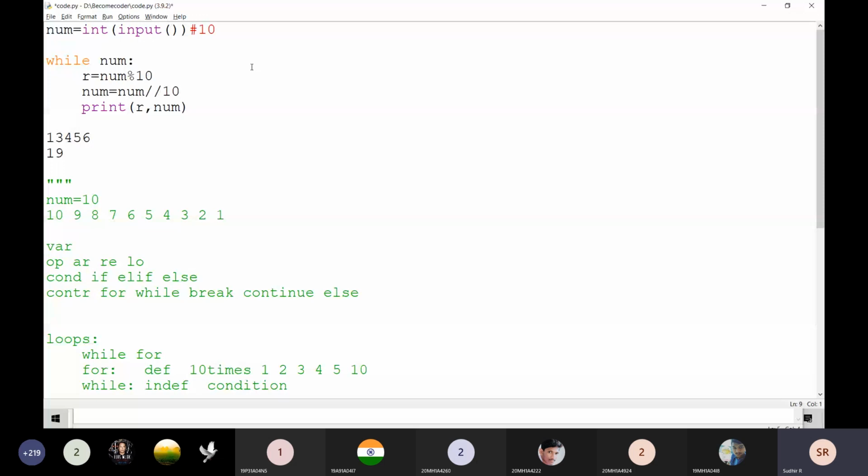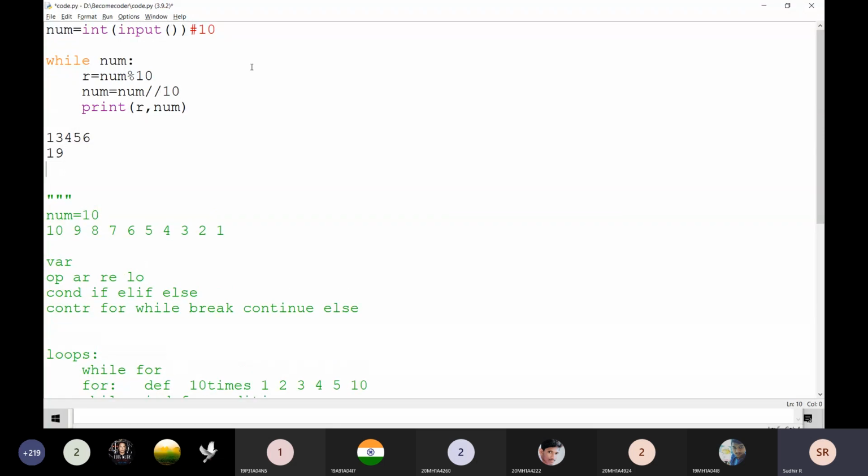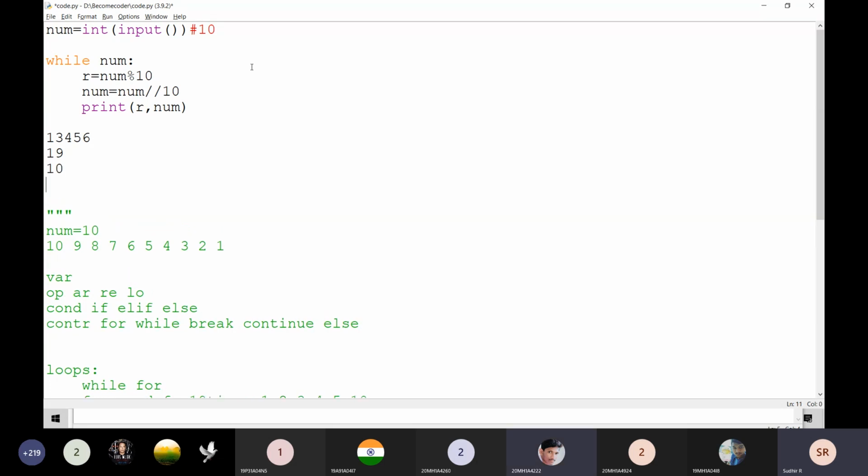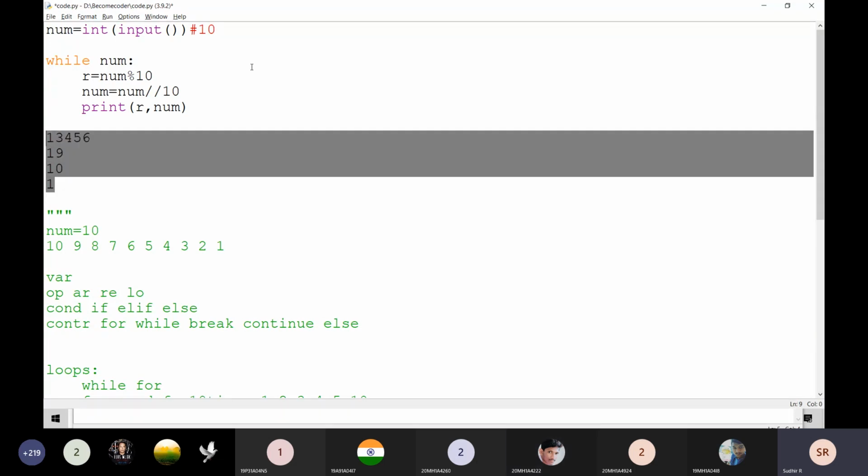Then this is not a single digit, right? Again, I am going to add 1 plus 9. 1 plus 9 is equal to 10. That is also not satisfied. 1 plus 0 is equal to 1. I want the output like this. I want to convert a big number into a single digit number, then I have to stop it. Is the question clear, everyone?